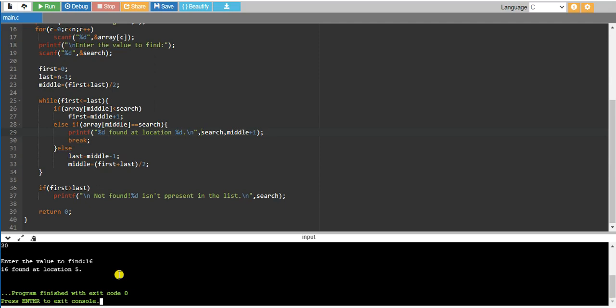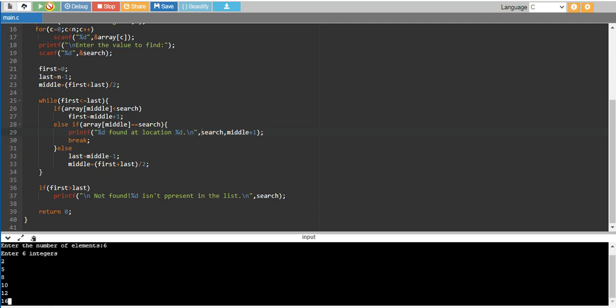And if you want to check for another which is not present in the list, run it once again, click on the run button. So enter the number of elements, I'll enter 6 this time. So it is asking for 6 integers. 2 I'll enter, then 5, 8, then 10, then 12, then 16.